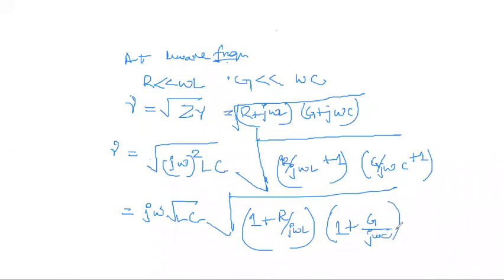Is there any confusion in writing this? Has anybody not understood? You just have to take out the terms j omega squared LC outside. It is multiplication here. Wherever you don't have that term, you divide by those terms; wherever you have that term, it becomes 1. That is much easier to understand. Fine. I'll continue after this. Wait one minute, ma'am.